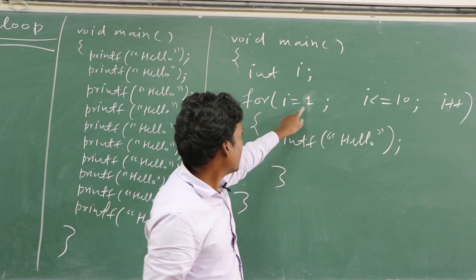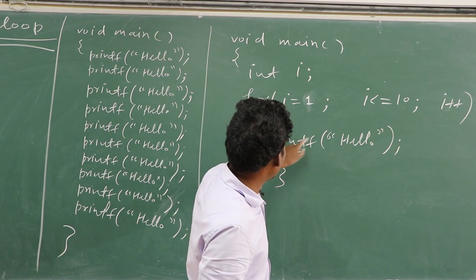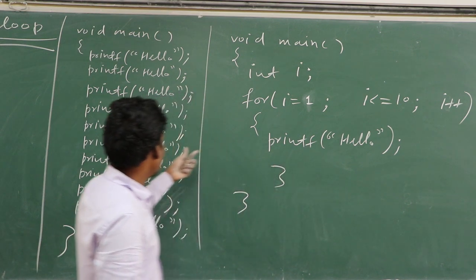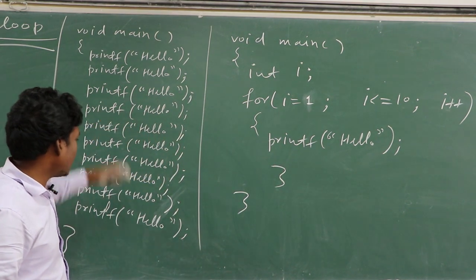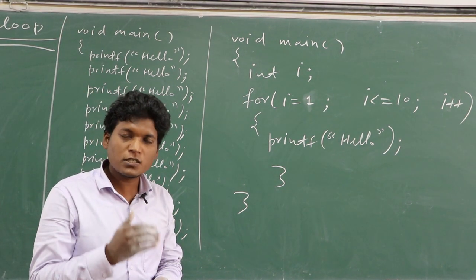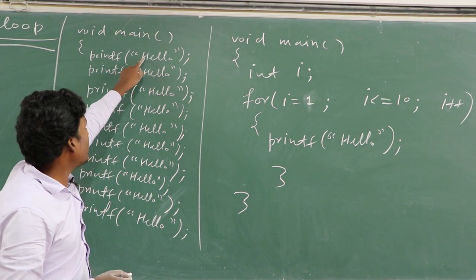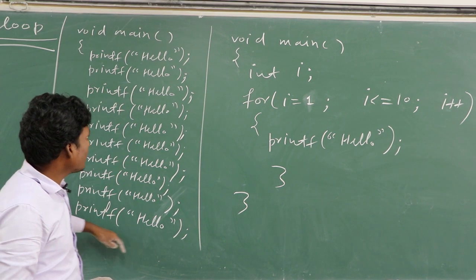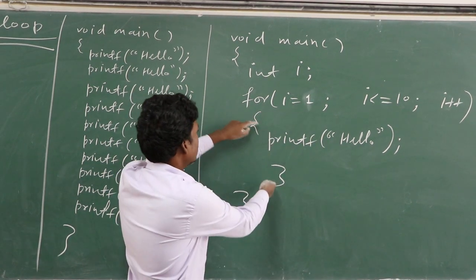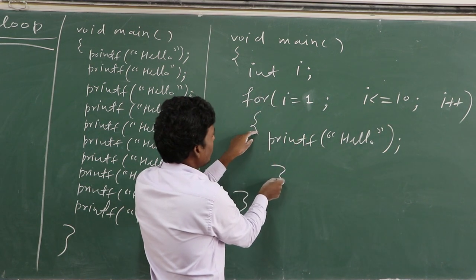There is required much time, and there may be typing mistakes here. But this is easy. Initialize I equal to 1. Here write 10,000, and output your printf. This printf prints hello 10,000 times. So this method is better compared to manually writing the printf hello many times. So loop is used when there is a need to execute a set of statements again and again. Here the set of statements is printf hello. Here printf hello is printed 10 times. Okay. Here also printf hello is printed 10 times. But there is a need to put the set of statements within the for block only.